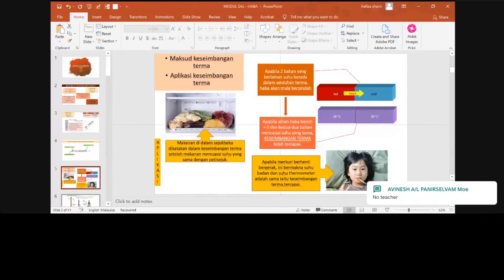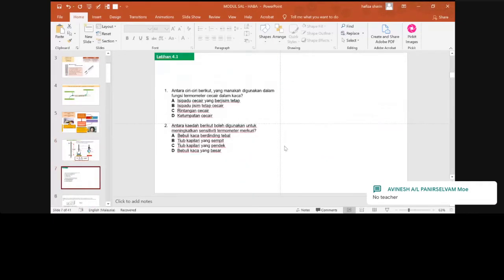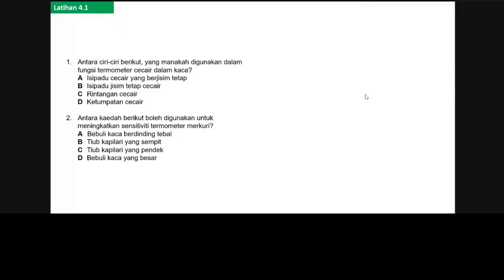Next. We skip that one. All right, we'll just go to this one. Okay, guys. So let's test. Number 1. Antara ciri-ciri berikut, yang manakah digunakan dalam fungsi termometer cecair dalam kaca? So which of these is used in thermometer? Okay. Ketumpatan cecair, isi padu cecair,